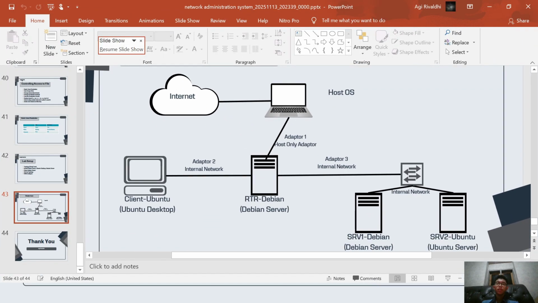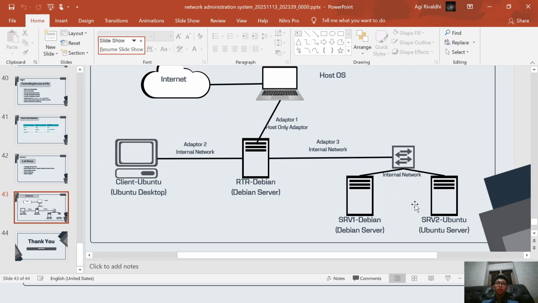So the router Debian works as a router because it will connect 3 networks, which is in here. The adapter 1 is connected to the host OS, the adapter 2 is connected to the internal network that has the client Ubuntu in it, and the adapter 3 has the internal network that has these two servers in it.